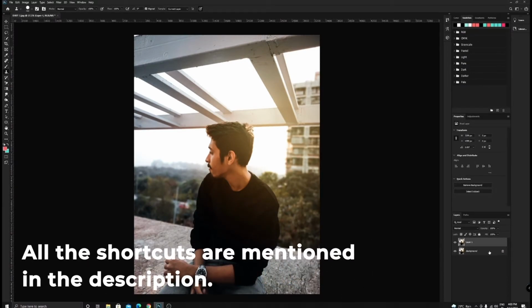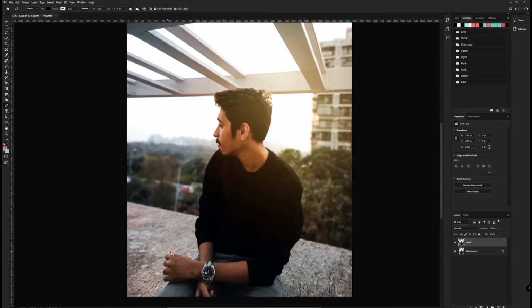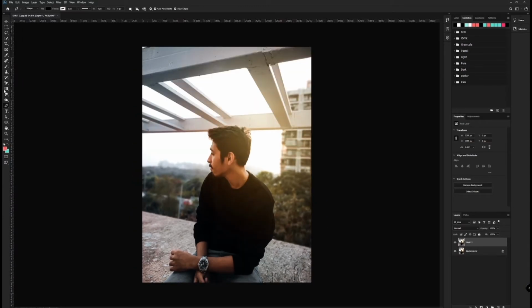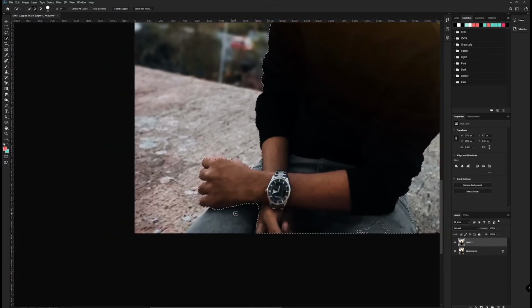Make sure that you take a duplicate of this background image and then work on it. I have to select the subject over here, so you can use a pen tool to select the subject carefully, but right now I'm going to use select subject option from selection tool. So once I click on select subject tool, it will automatically give me the outline, but at times it is not as accurate as you expect, so make sure that you manually select it. But in my suggestion, you should always use a pen tool which will be accurate enough.